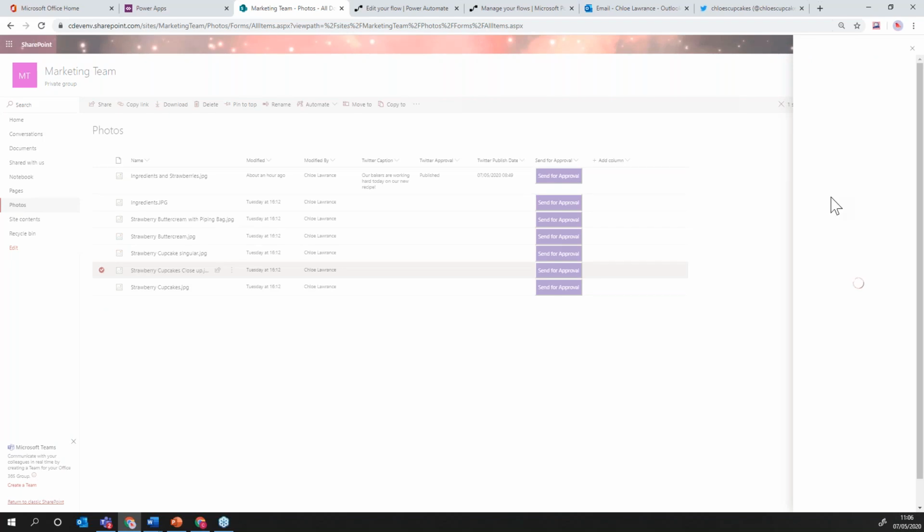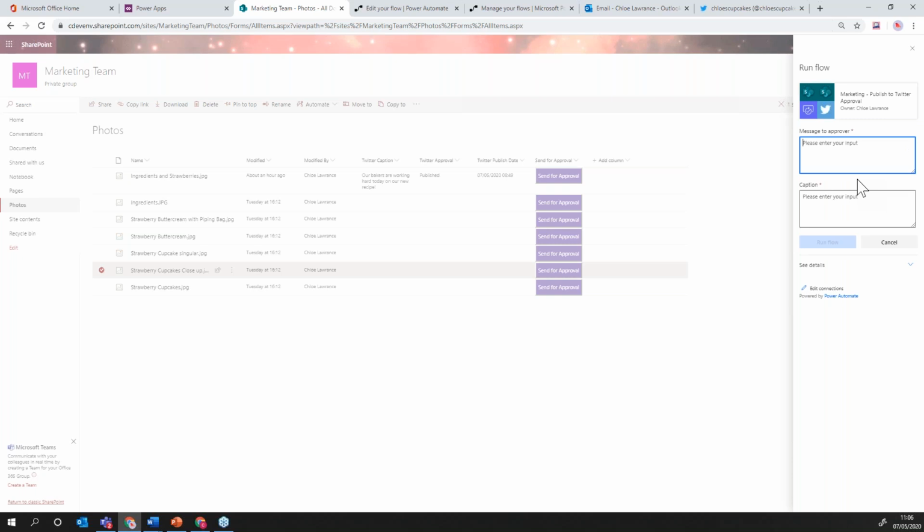And then this opens up this window over here that basically is where we're going to trigger the flow and provide some more information if we wanted to have that in there as well. So the first thing we need to input is a message to the approver. And I'm just going to put, please approve. And we're going to also put the caption here. So I'm just going to put new strawberry